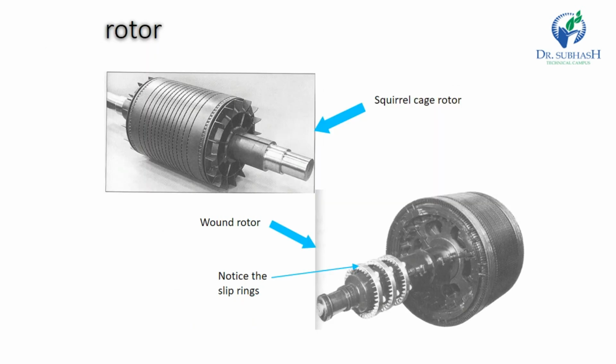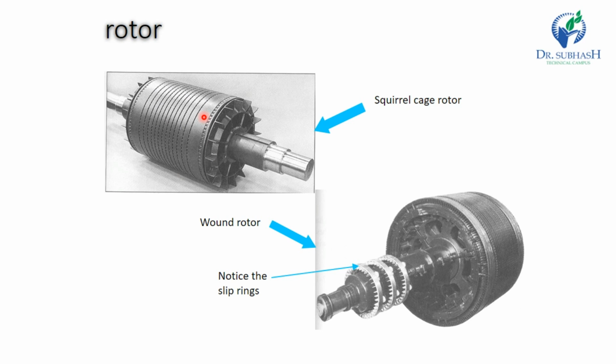Now, the rotor. An induction motor mainly has two types of rotor. The first one is the squirrel cage rotor, and the other is the wound rotor type. The squirrel cage rotor is generally the simplest and most rugged construction. The rotor consists of a cylindrical laminated core. Here we see in the figure a squirrel cage rotor and the cylindrical laminated core, with skewed rotor slots.